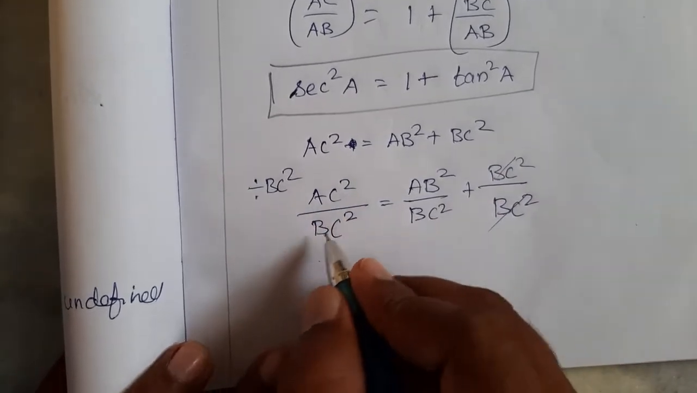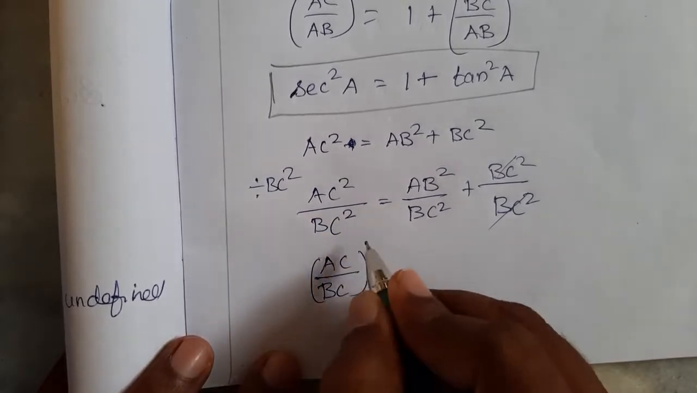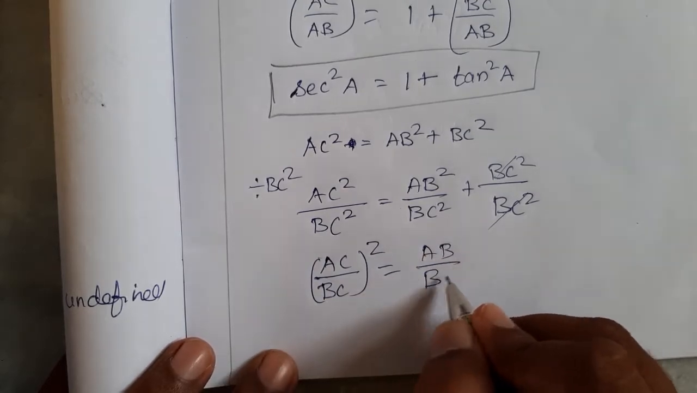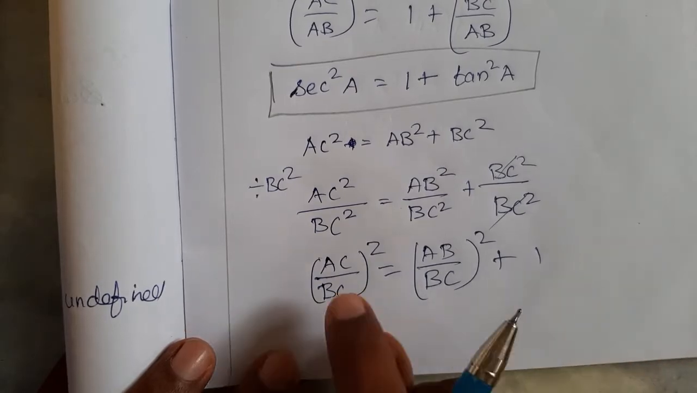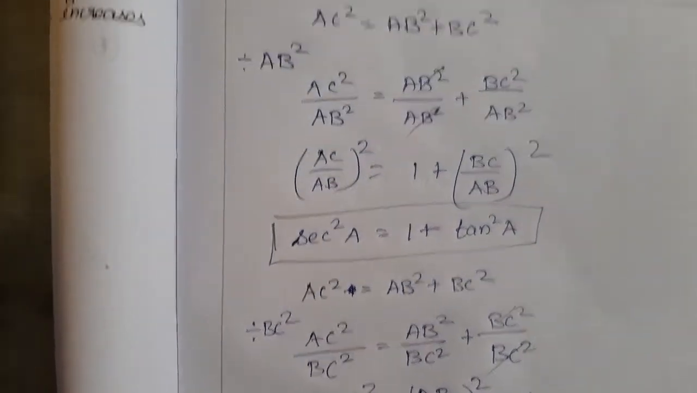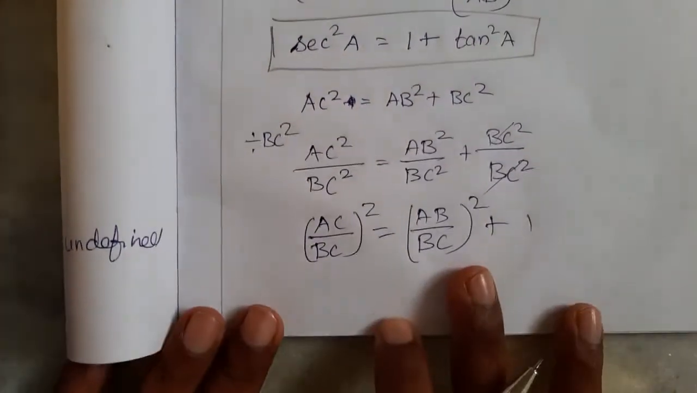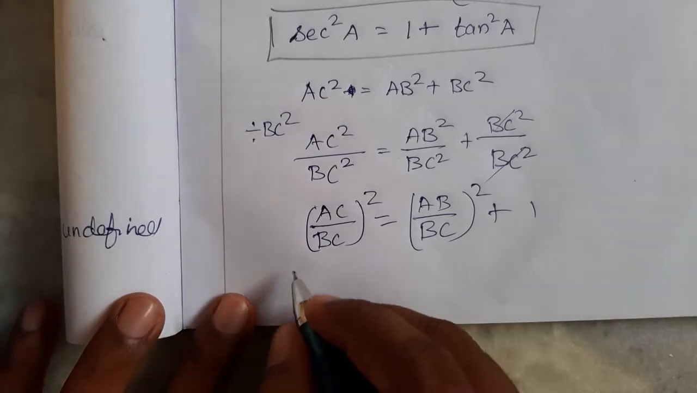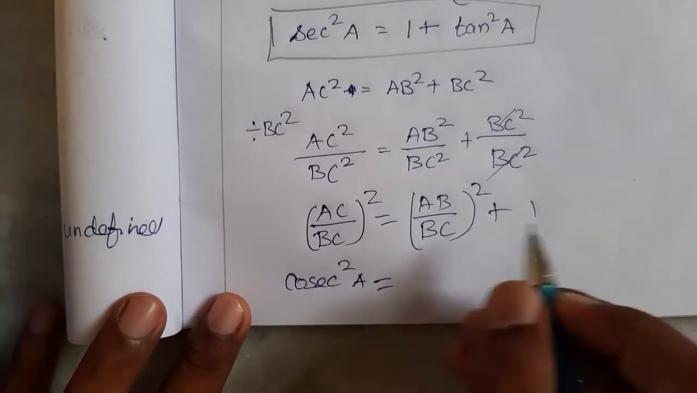So this we can write with a common square: AC by BC the whole square is equal to AB by BC the whole square plus 1. AC is the hypotenuse and BC is the opposite. So hypotenuse by opposite is cosec, right? So cosec square A is equal to